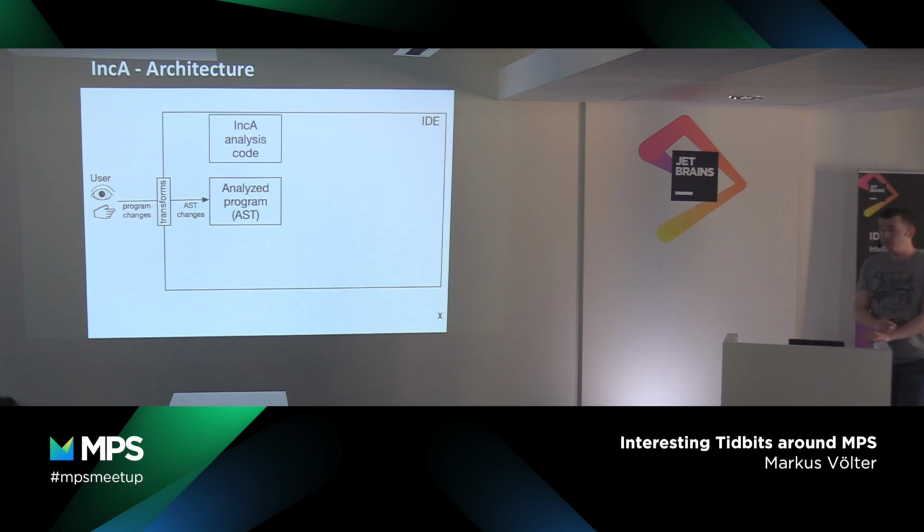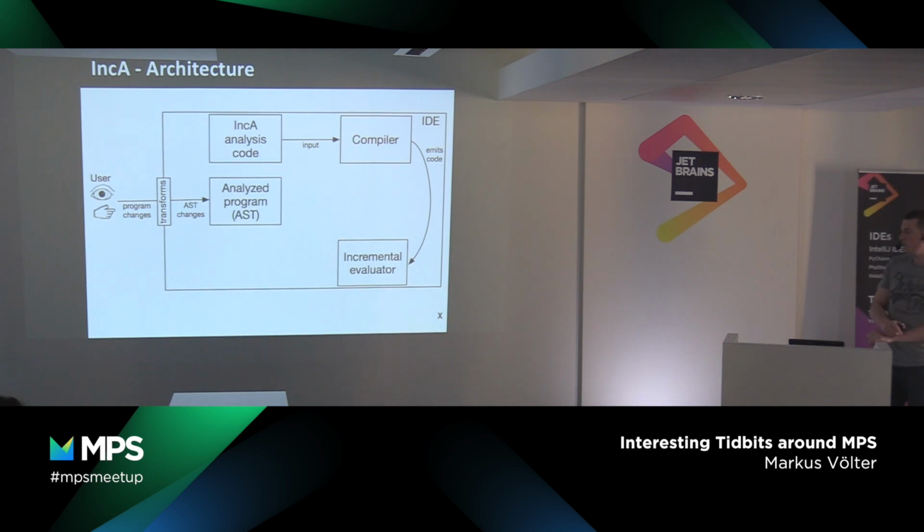Then there is an analysis developer who writes Inca analysis code. So this can be, for example, an analysis that checks if you have an uninitialized variable in your program. Because, for example, in Java, if you would read from that variable, that would result in an error. So we would like to avoid that and then warn the user that this is a potential source of a problem. Then we have a compiler for Inca here, which emits code that this incremental evaluator can consume.